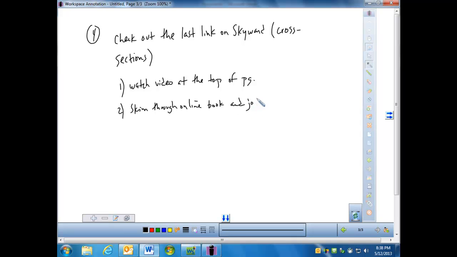Take down any notes you want to take down about cross sections. Maybe you'll write down a lot, maybe you'll write down a little. It's completely up to you what you think you should do there. And then lastly, right below that, little module number 3, it's a whole bunch of practice problems on cross sections. Do as many as you want. You can do 5, you can do all of them, you can do 10, whatever you think you need practice-wise